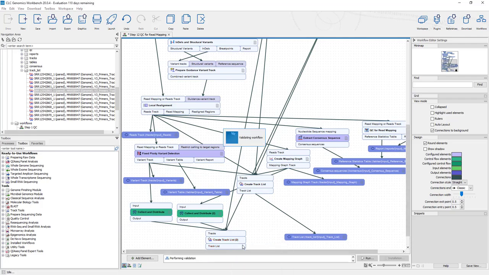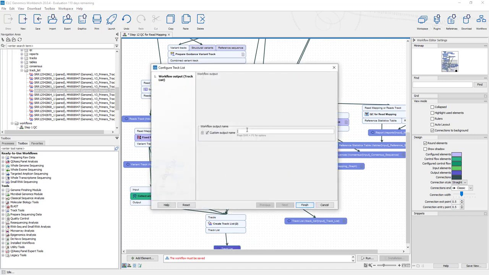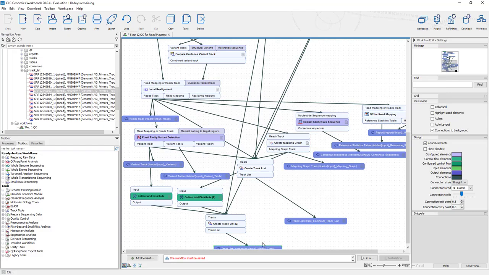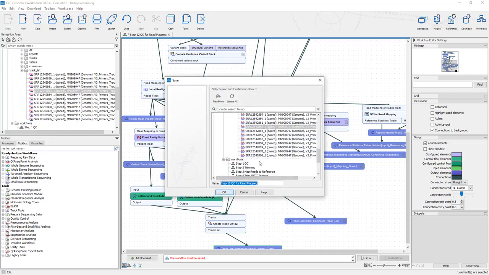And what we want to do here is use as a workflow output a new track list, and we will designate this as composite, and I don't know what it'll do for the input, but let's see, input, and let's call it master track. Okay, let's finish that. And let's rename this. So we want to file, save as this workflow. We're going to save it into our workflow folder,